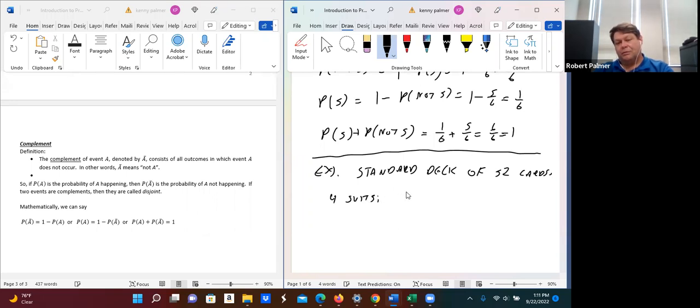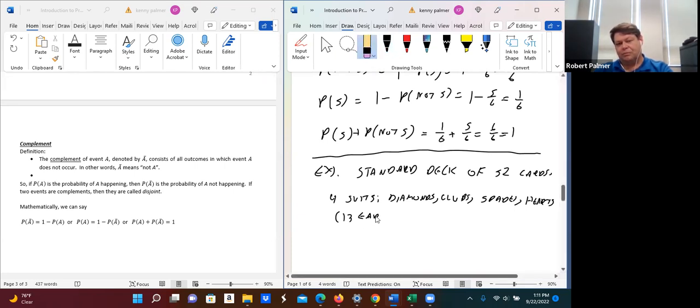Okay. So we have diamonds, clubs, spades, and hearts. Okay. And so in these 4 suits, we have 13 each. All right. It's 13 times 4 is 52. We have 13 of each suit. Okay. Within each suit,